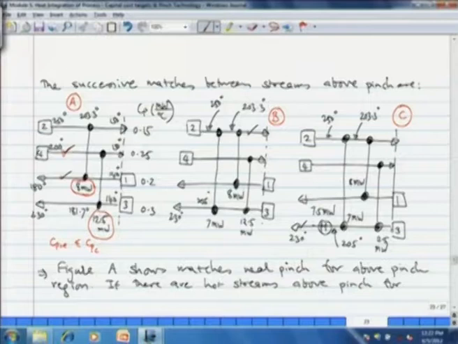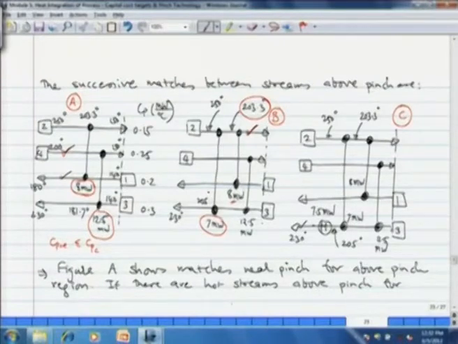Now we have a lot of heat left over in stream 2. So what we do is we first calculate the exit temperature of stream 2 after it exits the 8 megawatt heat exchanger between stream 2 and stream 1. That can be done very easily. I leave that exercise to you. We have 8 megawatt and 0.15, so we can easily calculate the exit temperature of stream 2 as it exits the 8 megawatt heat exchanger. I leave that exercise to you.